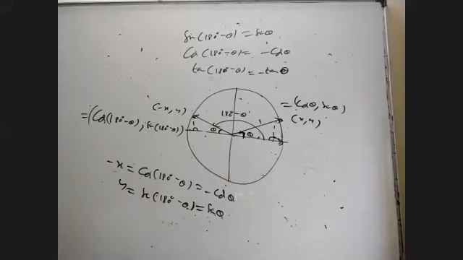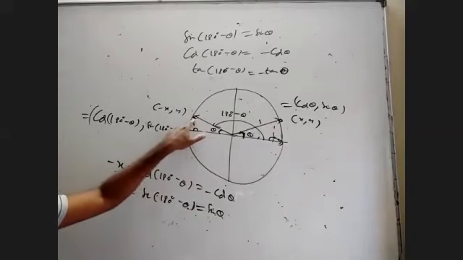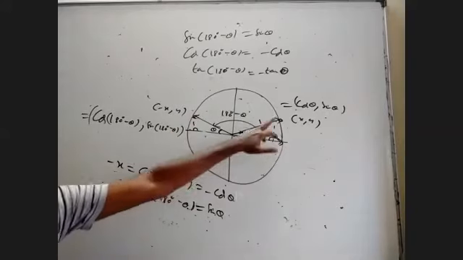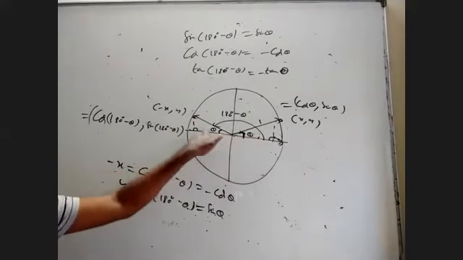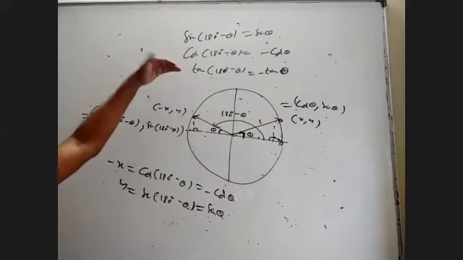Okay, so I want to tell you this x coordinate is cos theta, this x coordinate is cos 180 minus theta, and this x coordinate is the negative of that term. That's how this formula comes. This and this have the same y coordinate, but that y coordinate is sin theta and this y coordinate is sin of 180 minus theta. That's how they're equal, and that's how this is the formula. Divide them and you'll get tan.